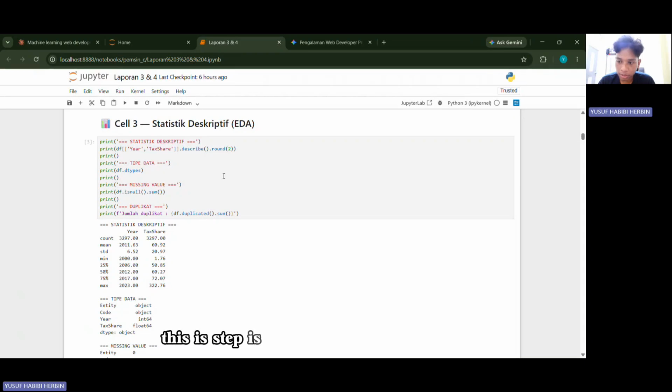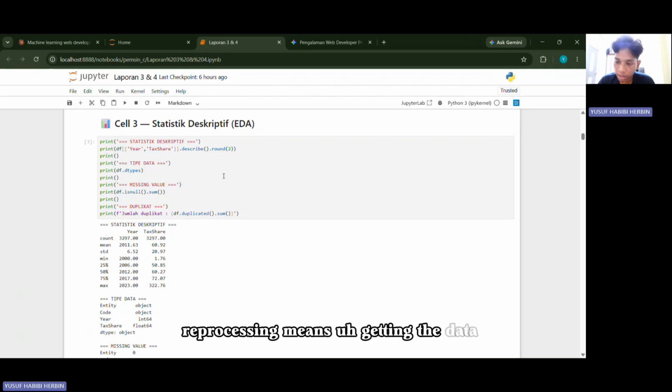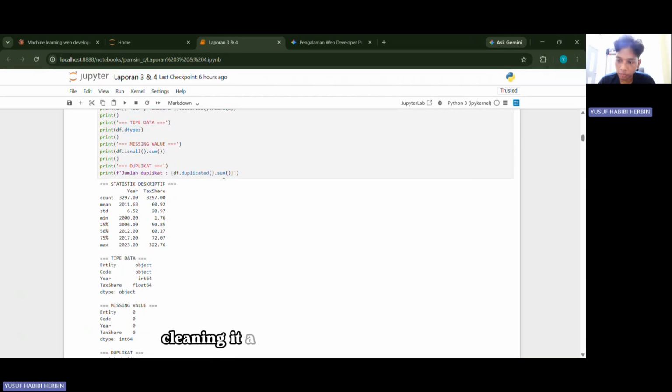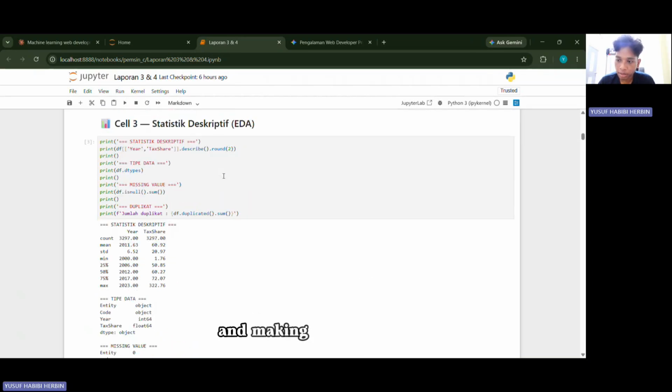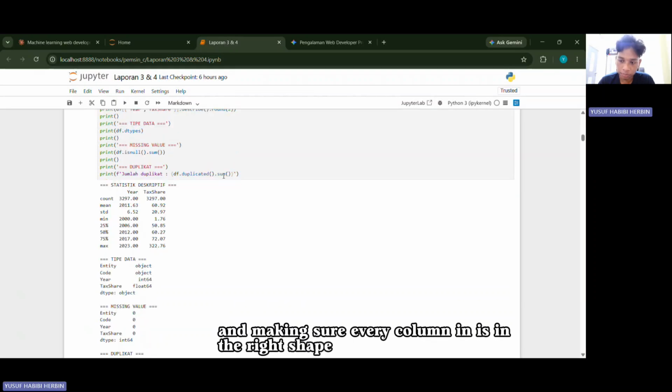This step is very important because messy or incomplete data will cause our model to learn wrong patterns. Preprocessing means getting the data ready, cleaning it, fixing the format, and making sure every column is in the right shape.